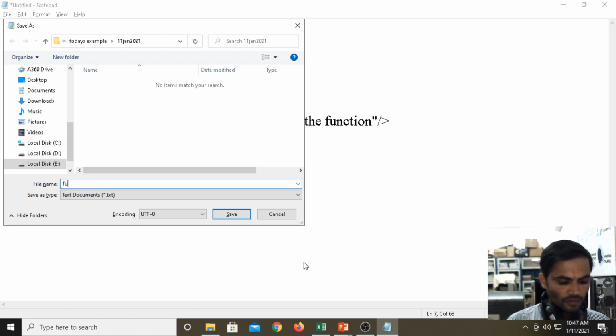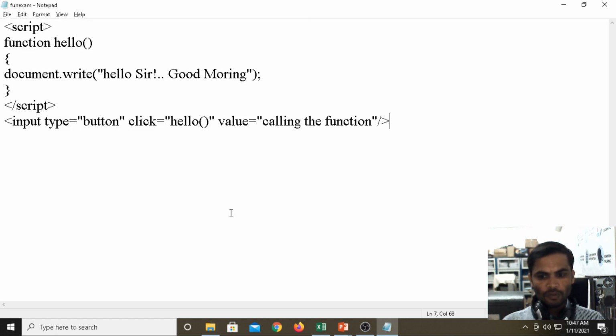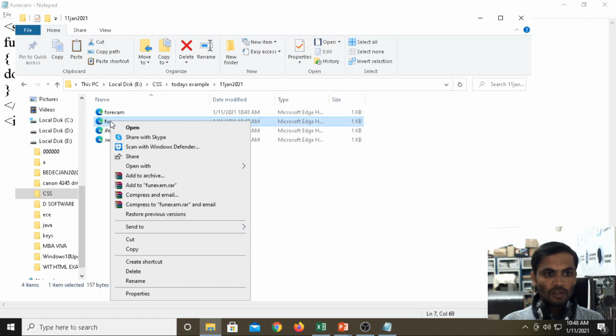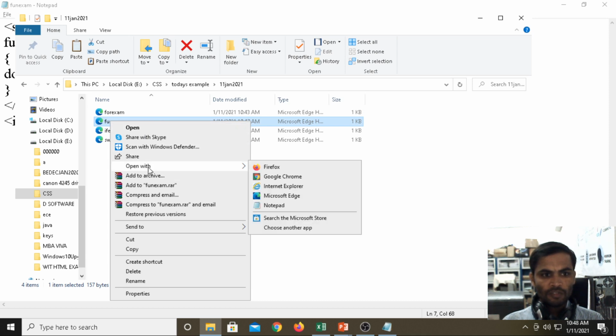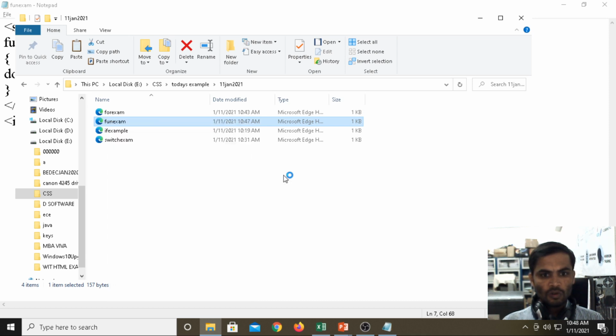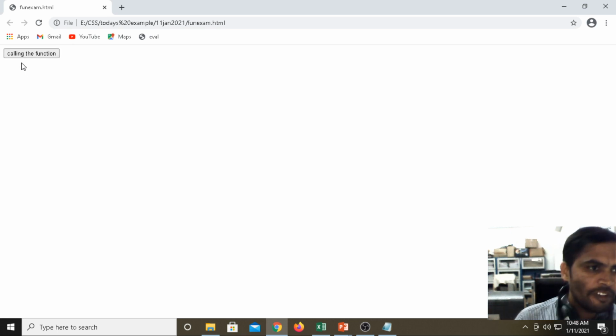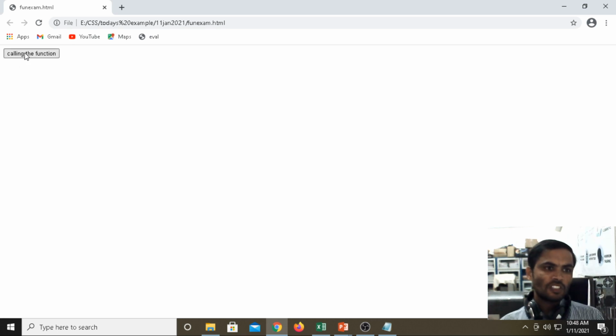Save as function example.html. Now I want to run the function. Now we are running. Open with Chrome. Now the input type button shows calling the function. When you click the button,